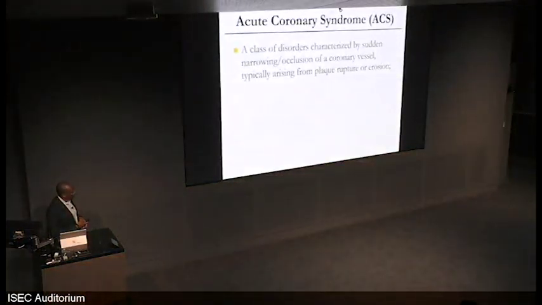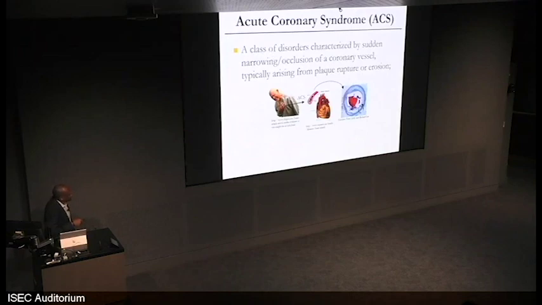If you were to take a look at an individual who presented with an acute coronary syndrome, so here we have a relatively young gentleman who has the presenting symptom of angina, which means chest pain. He comes into the physician. If the physician could cut open this person's chest and look at their heart, this is what it would look like. So this is a blood vessel which supplies blood to a region of the heart, and this blood vessel should be completely patent, but at some point in time there is a blockage that suddenly develops within that vessel that denies an area of the heart blood, and consequently that area dies.